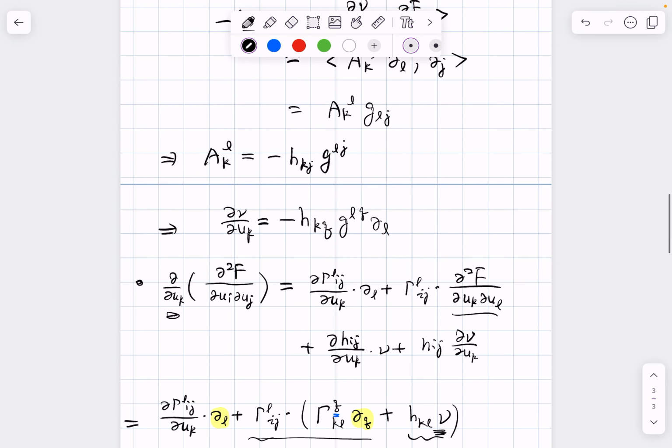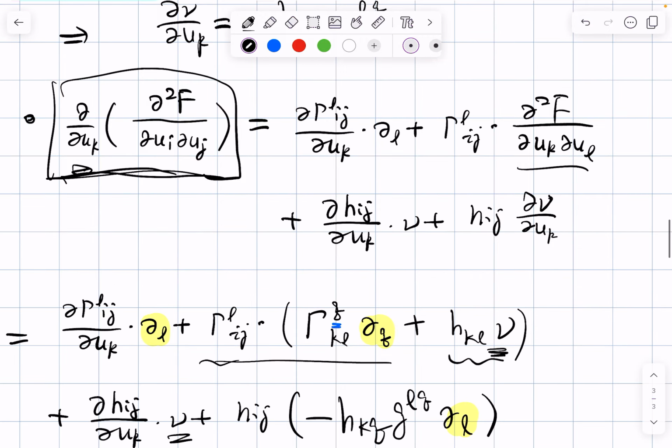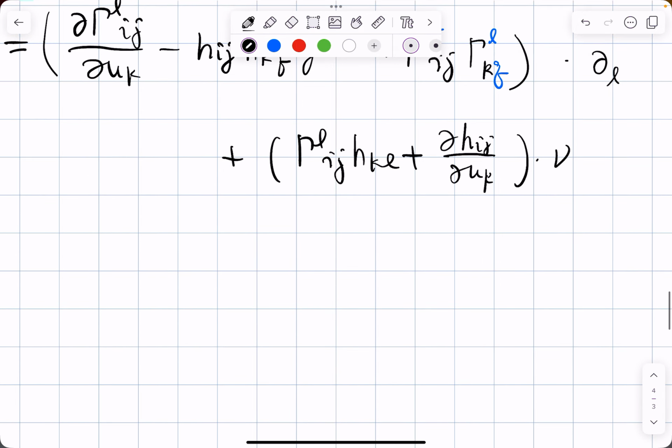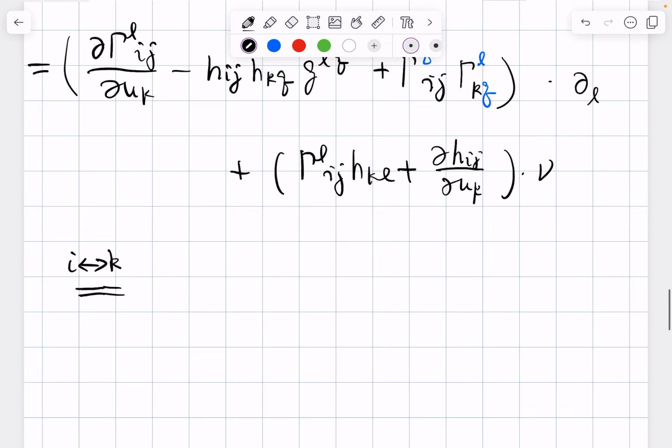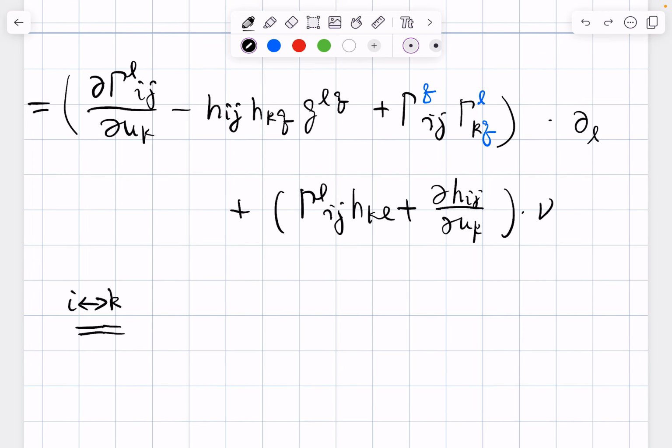Okay. Now this is this one, right? Which is invariant under the permutation of i, j and k. So this would be equal to, if we were to swap i with j, I mean i and k. Because you can see clearly that this is symmetric with respect to i and j, right? So it doesn't help. But let's swap i and k, and it becomes,